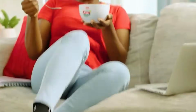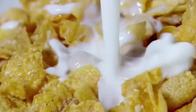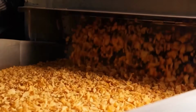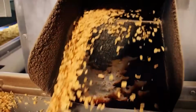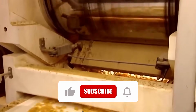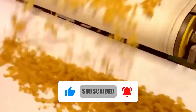Behind every box of frosted flakes is a tightly controlled sequence of thermal, mechanical, and chemical transformations. From the high-pressure steam cooking that gelatinizes the starch, to the precise flaking that creates the perfect surface for sugar adhesion, to the final toasting that seals in crunch and flavor, every step is engineered for consistency. This is why a bowl of frosted flakes tastes the same, whether it was made in Michigan, Canada, or halfway